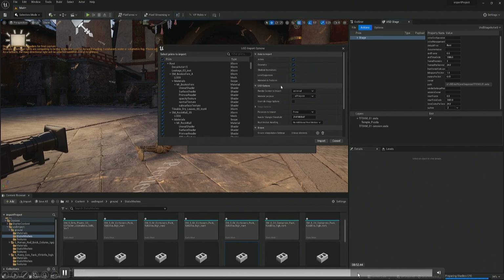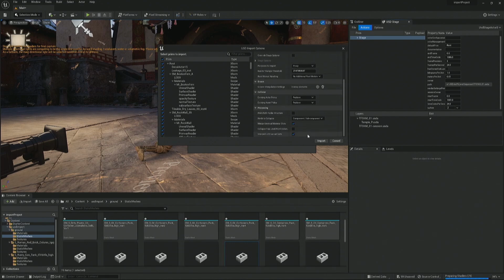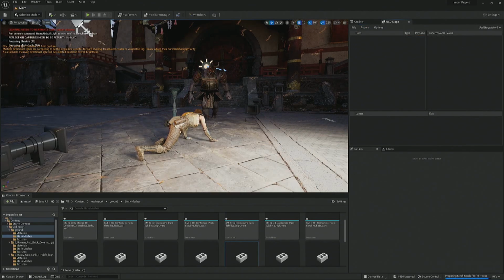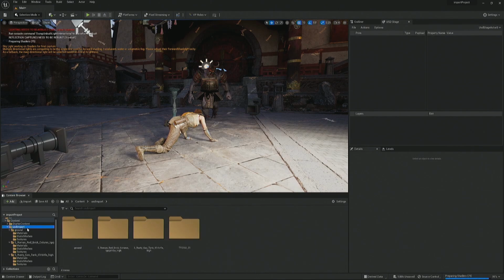As far as an import goes, with this one, when it imports, it's also going to bring in the level sequences that are associated with this. That's important because in the past, when we were importing the stuff in, we were always putting everything in the content browser.